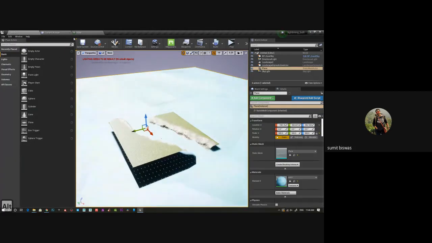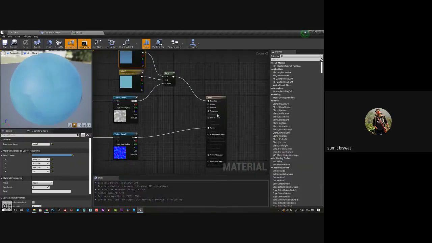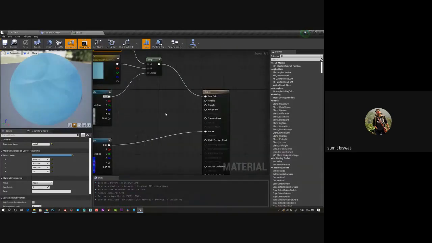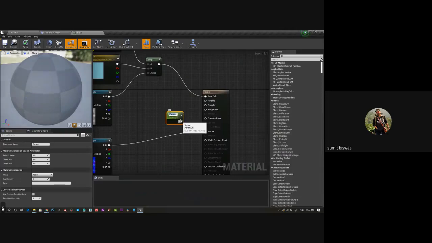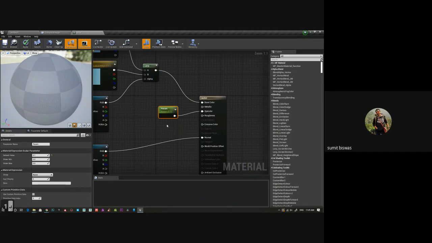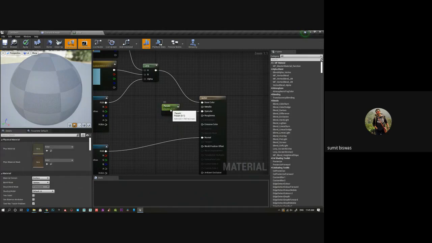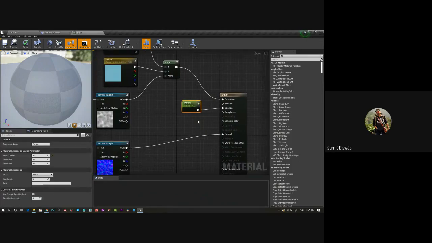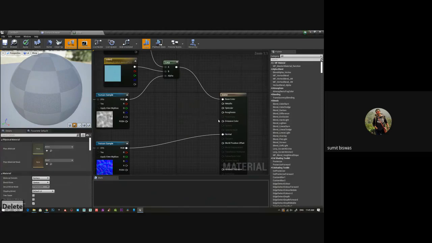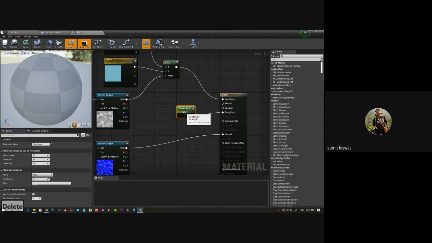Right now it's way too white because I haven't added anything to the specular. So what I can do is parameter connect to specular and 0.1. I made it really matte, or maybe I can make it really shiny also. Again it depends. It should be a bit shiny, right? So I can promote to parameter roughness and make it like 0.2.